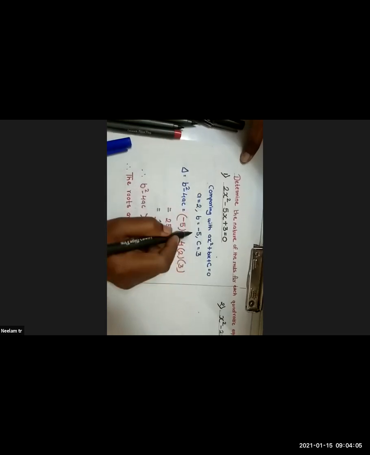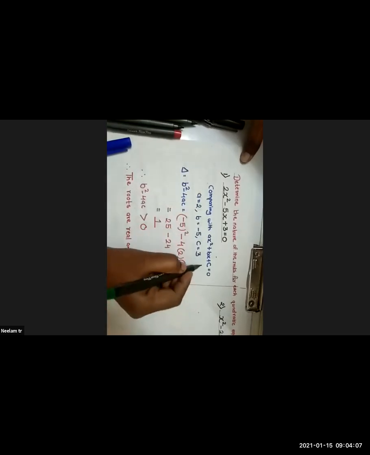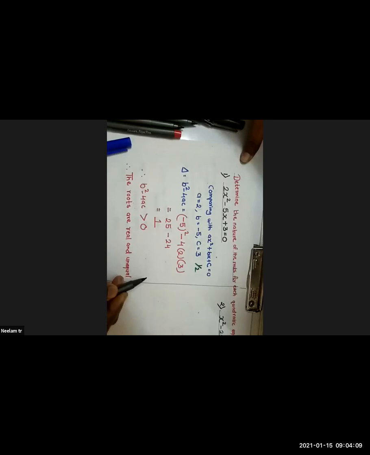See, students, how they are going to give you marks in your exam. For comparing and writing the coefficients, you will get half marks. For substituting the values and finding the delta, you will get half marks. By stating whether it is greater than or less than 0, you will get half marks. And for this statement, you will get half marks. Then in total, you will get 2 marks for this kind of question.